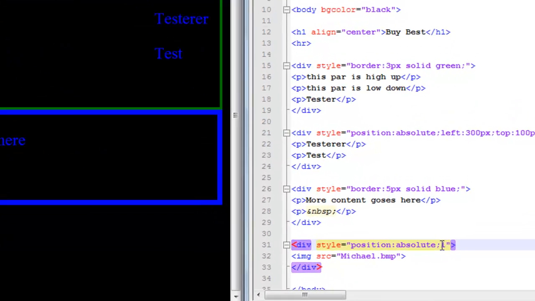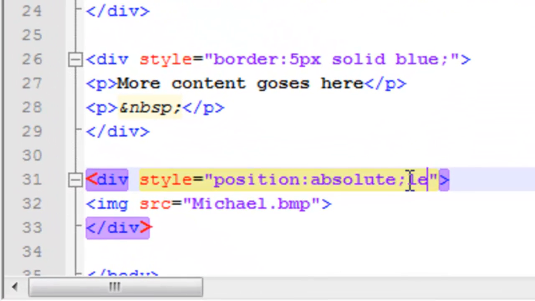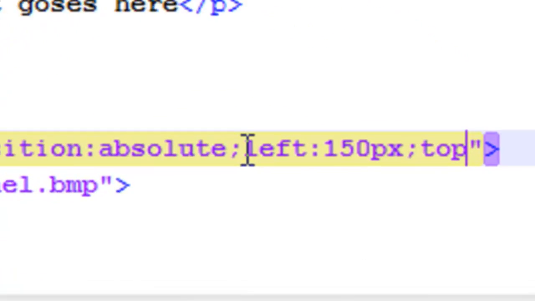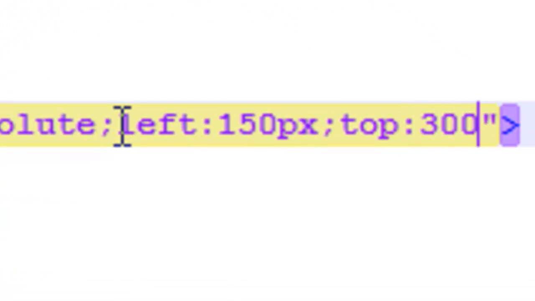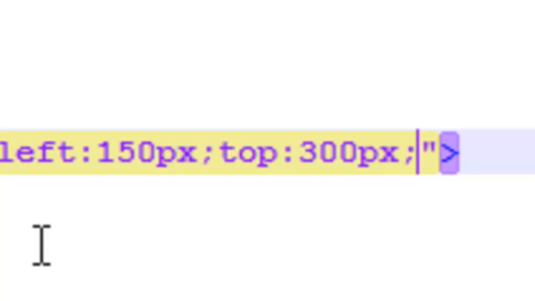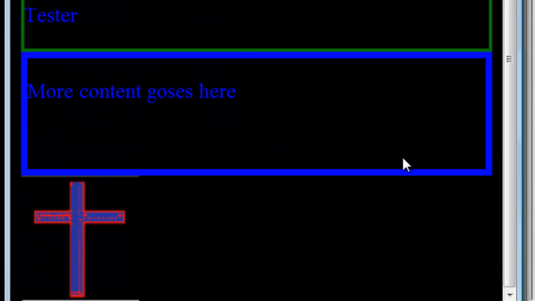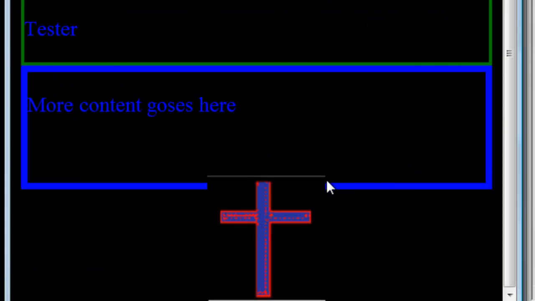So let's type in left, colon, 150 pixels, semicolon. And we're going to type in top, colon, 300 pixels, semicolon. Save, come over here, refresh. Okay, so we didn't go to the left far enough, and we need to bring it up,